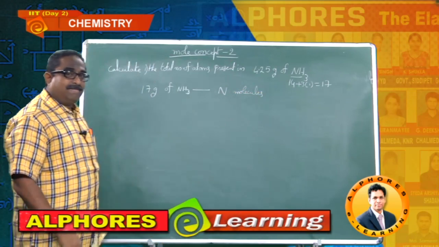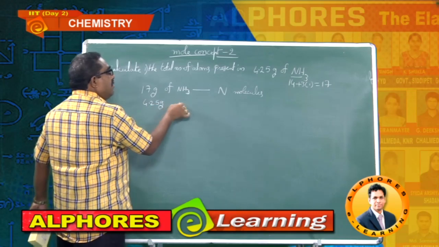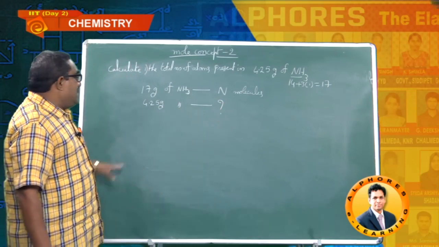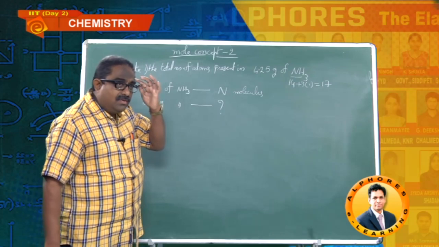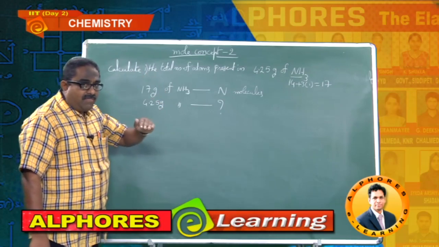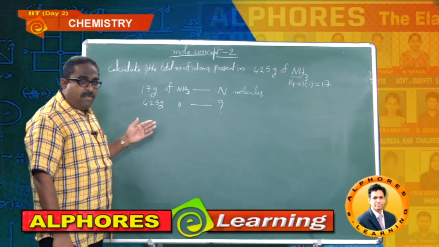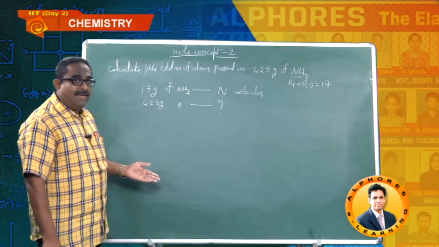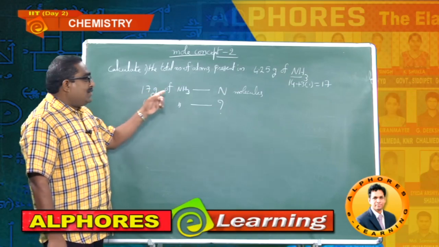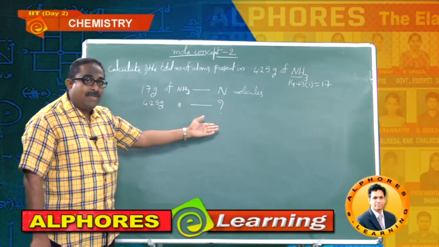17 grams of ammonia no doubt possess Avogadro number of molecules, that is N molecules, right? Now this time I have given 4.25 grams of ammonia. How many such molecules? See students, every time it is writing calculation, no, you should think like this. 17 grams, half of it. What is the half of 17? 8.5. Again 8.5, half of that 4.25 grams. It means actually I have given 1/4 mass of molar mass of 17. So for 17 grams, N molecules, 1/4 mass I have given. So molecules also becomes 1/4.